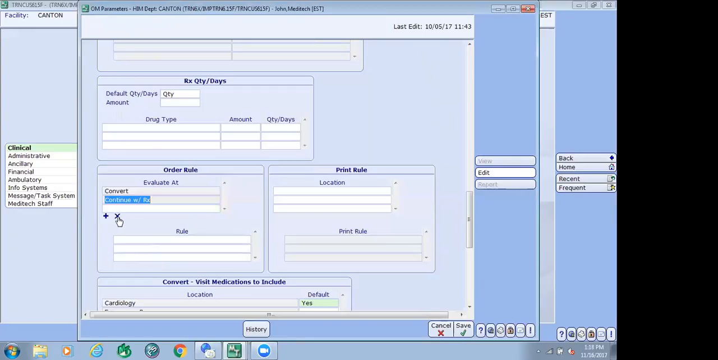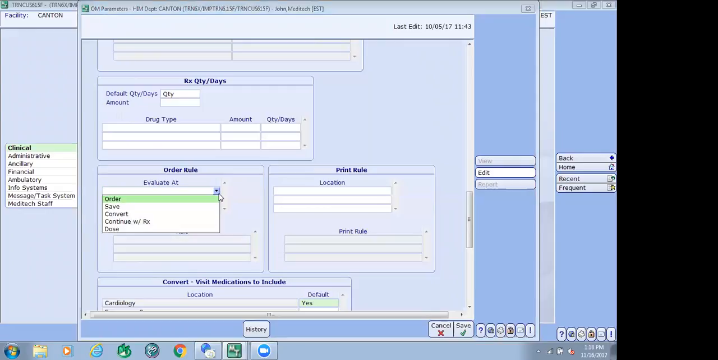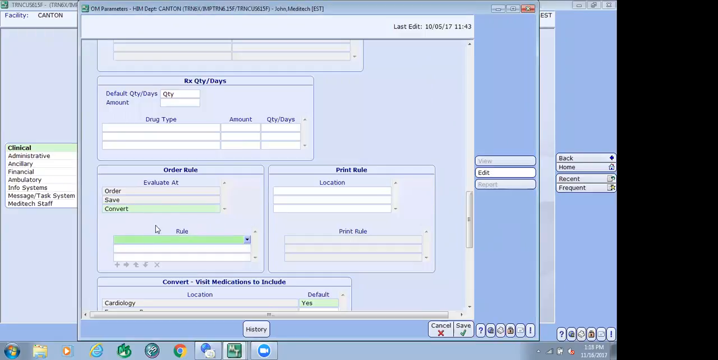So one thing to note about this, because I've gotten questions on it before, say for example, we set up the same rule to evaluate at order, evaluate at save, and evaluate at convert. So we have the same rule evaluating at 3 different places. It is possible in that case that you can see the same rule trigger multiple times on the conflict screen. So say if you went into convert, and maybe a better example would be continue with RX. So if we had continue with RX, convert, and save, and we have the same rule attached, and we go